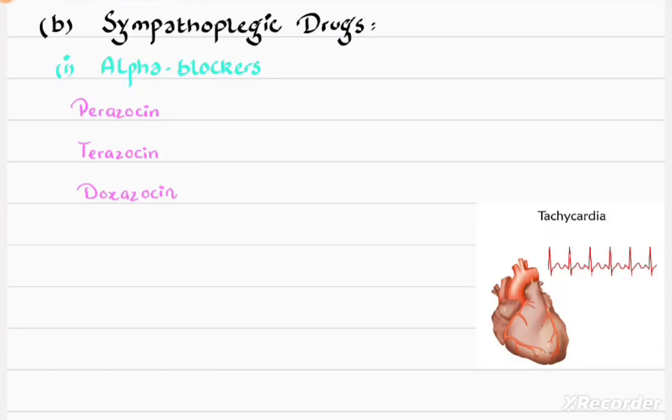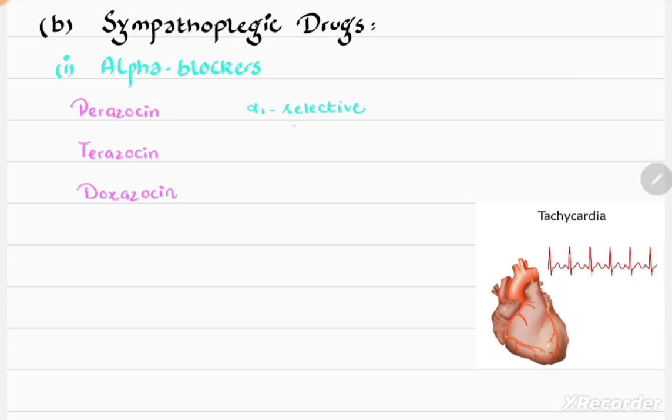Antihypertensive drugs, these are the drugs that are most commonly used for the treatment of hypertension, and they have two major divisions: the alpha blockers and the beta blockers. In the alpha blockers, we use alpha 1 selective blockers, and this class contains three drugs: prazosin, terazosin, doxazosin. These drugs produce most of their antihypertensive effect by selectively blocking the alpha 1 receptors in the arterioles and